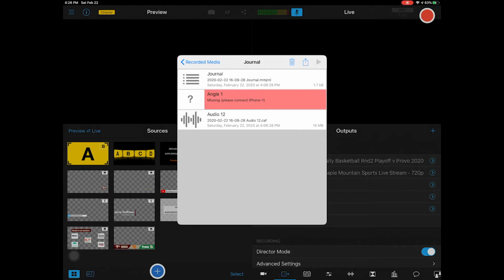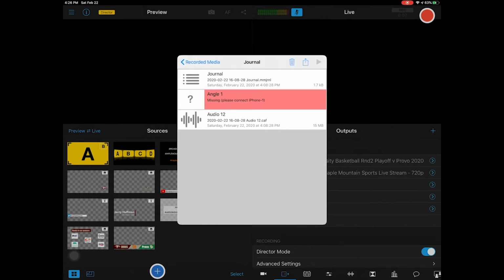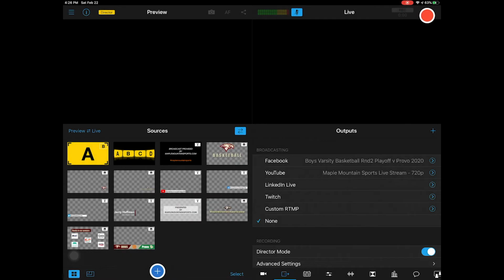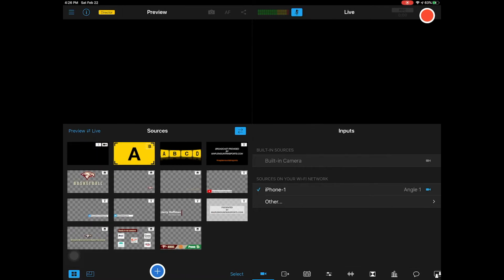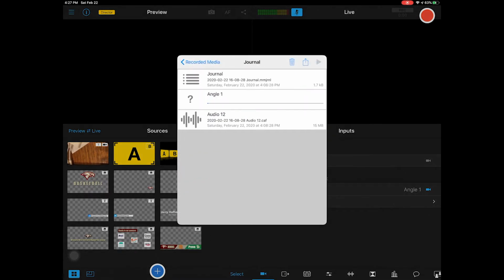phone that is missing. So I go to the phone, which in this case is angle 1, which is from iPhone 1. And I'm going to basically go down and I have to load iPhone 1 into the system so that it's now connected and available. Now when I go into the menu and look at recorded media and go into the journal, you'll now see that there's an angle